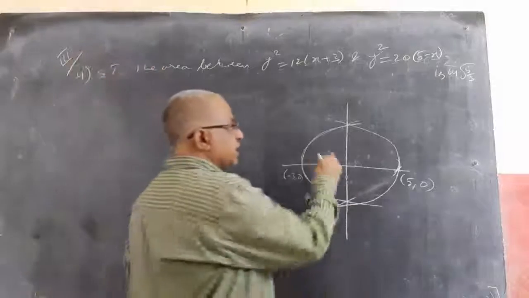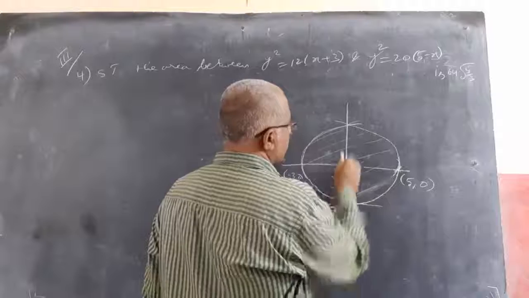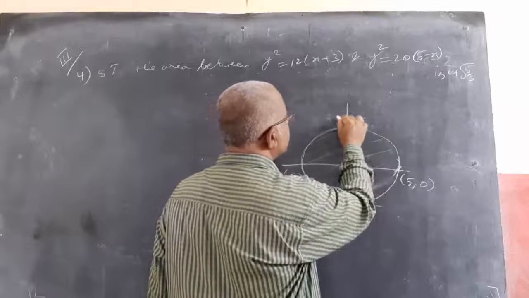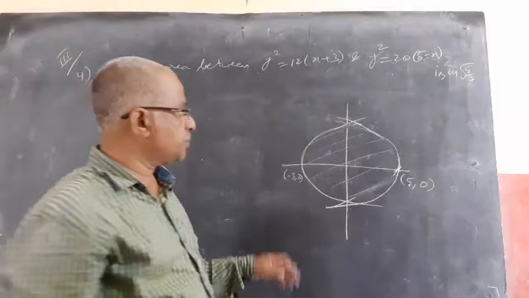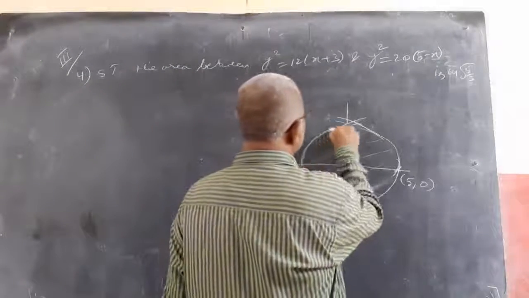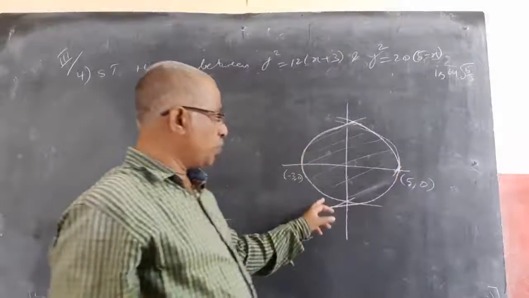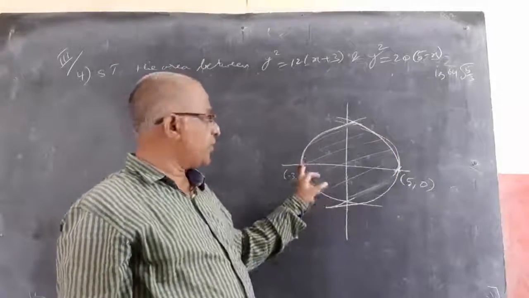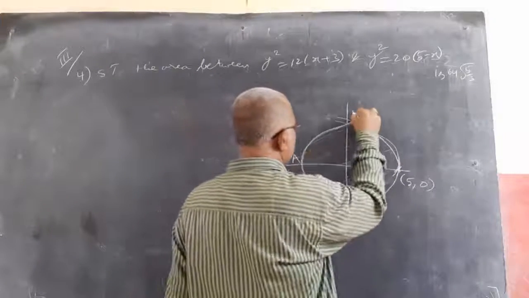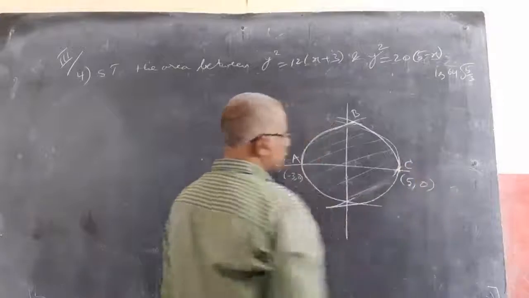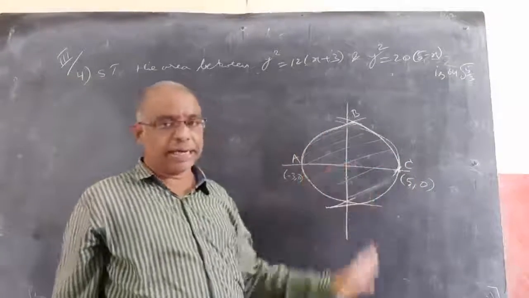Now the area between these two parabolas is asked. If you observe, from here to here, this is the first curve, and here to here, second curve. And these two parts are symmetric. So, if I find the upper area, for example, this is A to B, and from B to C, if I am finding the upper part, then into 2 gives me the total area.